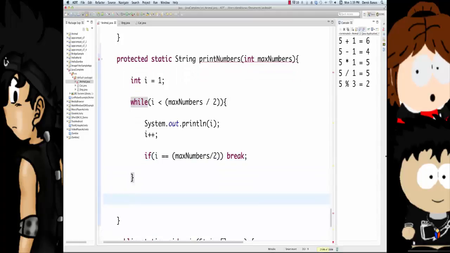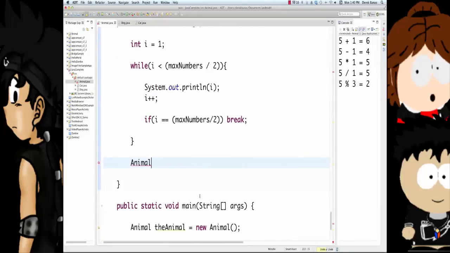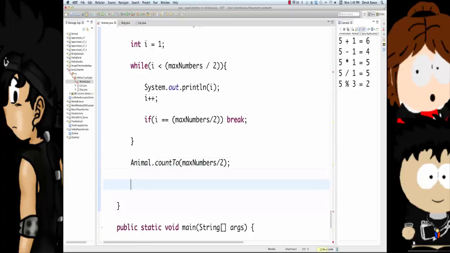And then finally, you may have noticed up here previously I had void for a lot of functions. Void just means it doesn't return anything when it's done executing. String means it's going to return a string to whoever calls it. Since this is static, I have to refer to this function up here, count2, by putting the class name ahead of it. maxNumbers divided by 2 is what we're going to pass to that. And then at the end of it, you can either return a string variable, or you can just type the string inside of here in this situation. Do something like that.